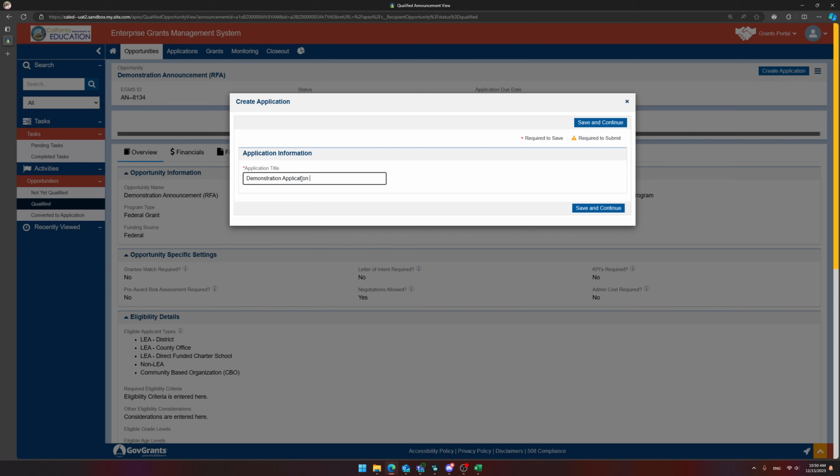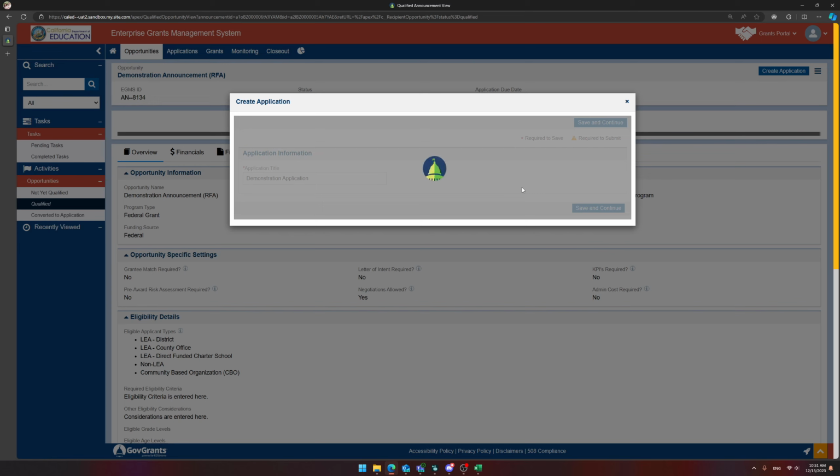Generally speaking, though, most grantees do leave the application title the same as the announcement title, and that's because when you're going through the application review process, you always have the title and the organization that is applying, right? The applicant organization. And those two things together will tell you, oh, this organization is applying for this announcement. That's why the application title is this, right? So most grantees leave it the same, and that works out to your benefit. But if they feel like they need to name it something different, they still can. From there, we'll click Save and Continue, and that will create the application record and take us right there so we can fill it out.